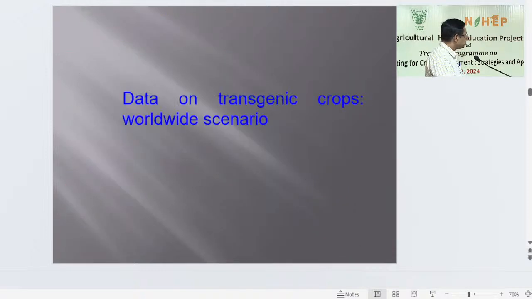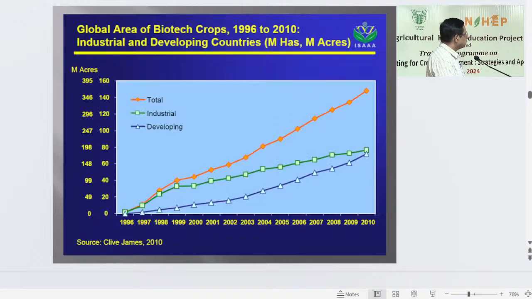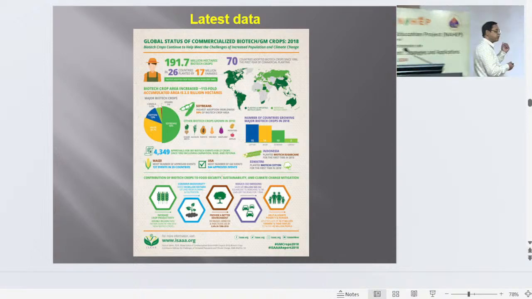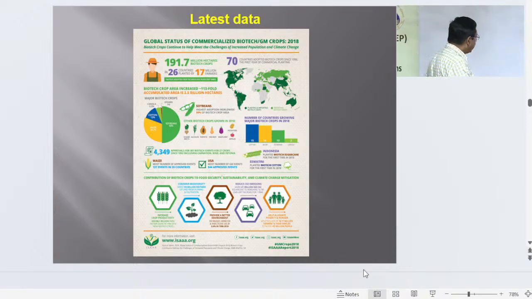And there are a large number of plants which are being used. And biotech crop area has increased 113-fold. This is from somewhere around 1996 when it started up. And the major biotech crops, which would be the major biotech crops,